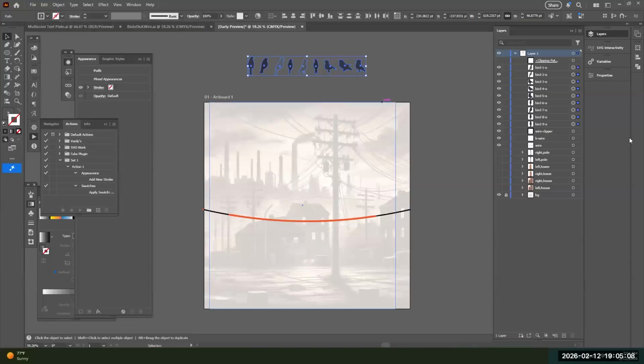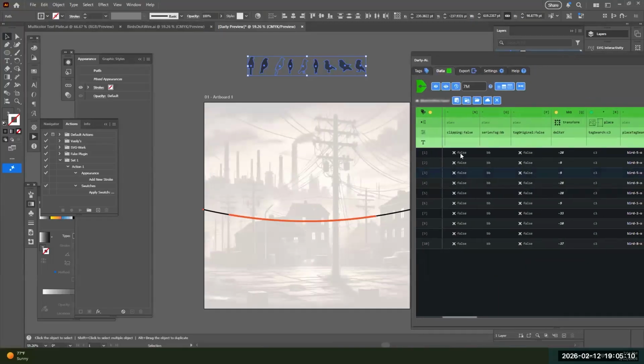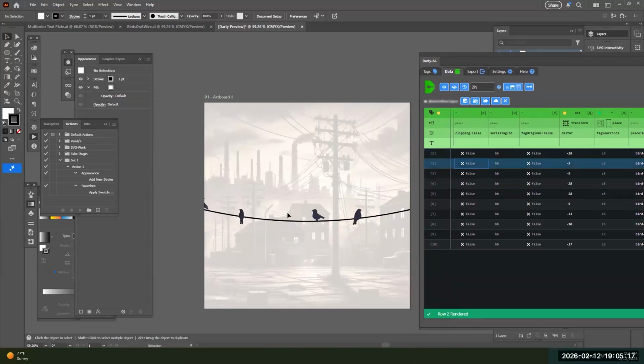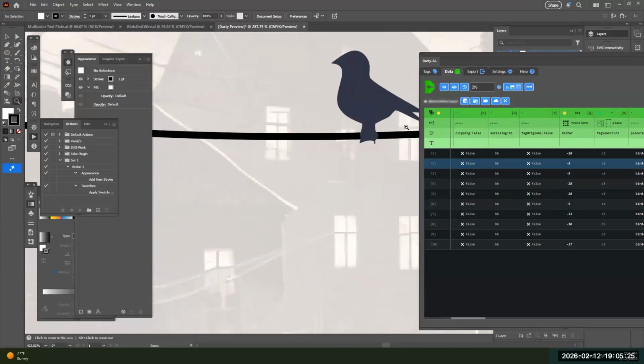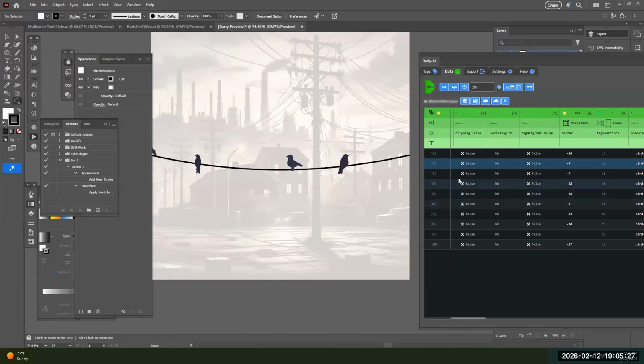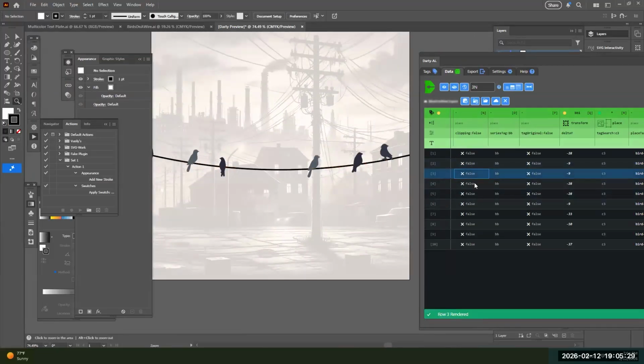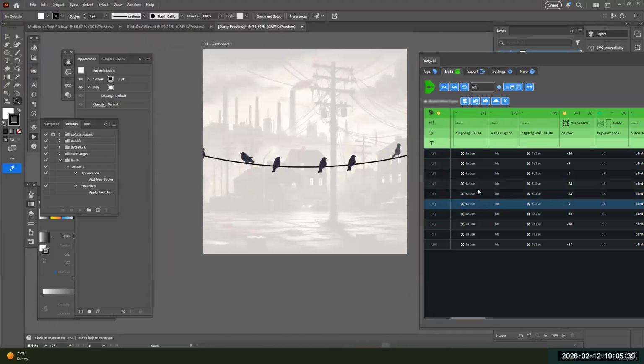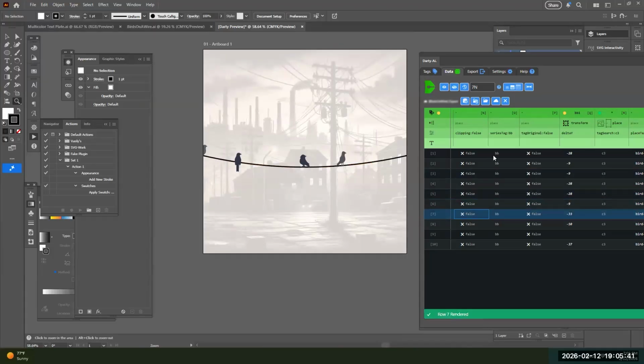So let's go and check out how these birds land. When I click on these records, if you can notice any movement, it pops them up, and then the ones that need the adjustment move up a little bit. So this one, it's just where it needs to be. And then when I click on this one, just where it needs to be. And this one, and those. So all of them are very accurately adjusted because of this